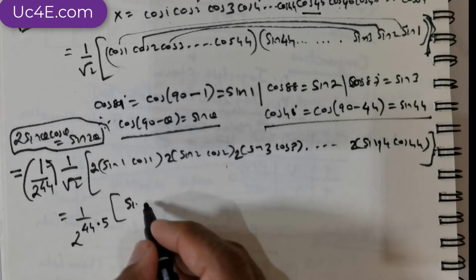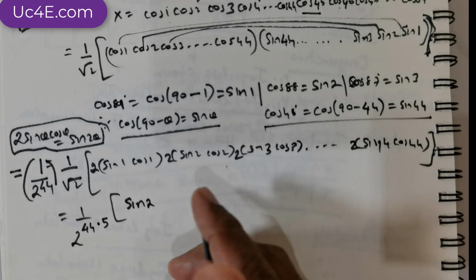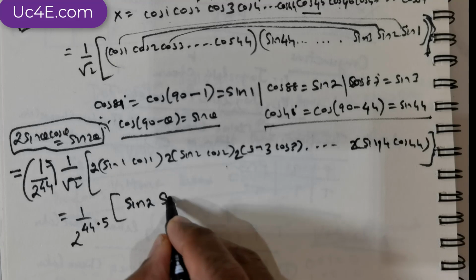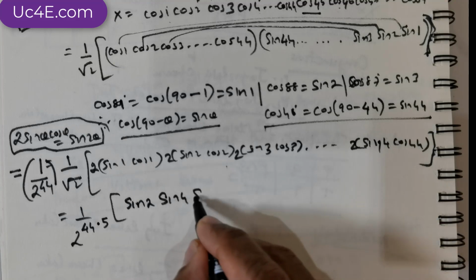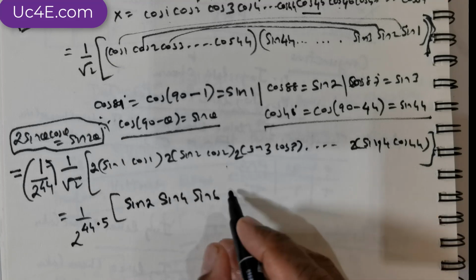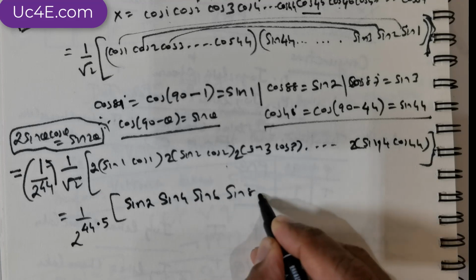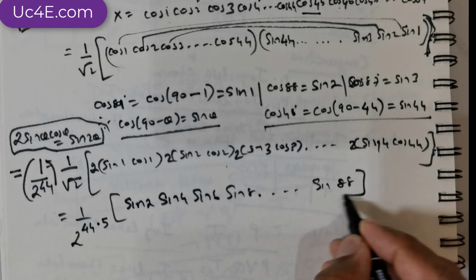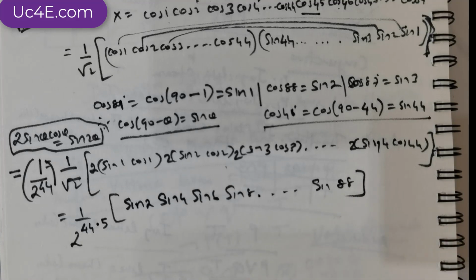Right, so by that formula this is going to be sine 2 times 1, which is sine 2, and this is going to be sine 4, this is going to be sine 6, and sine 8, and all the way up to sine 88. This is what I've got. Now